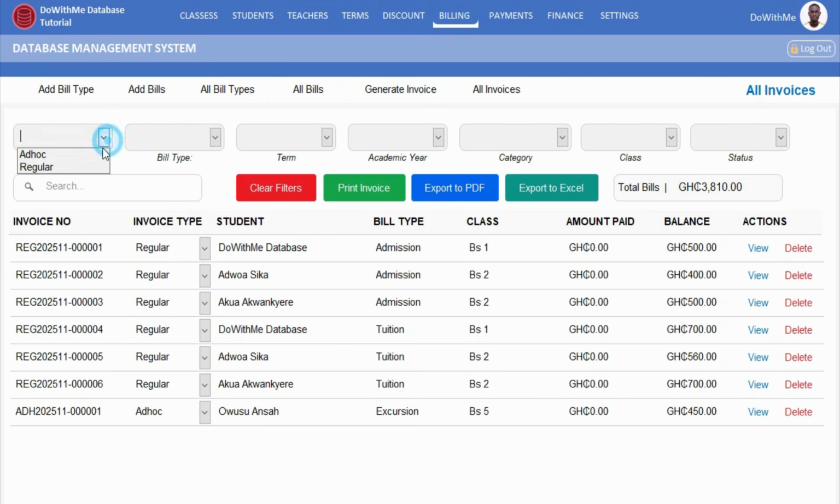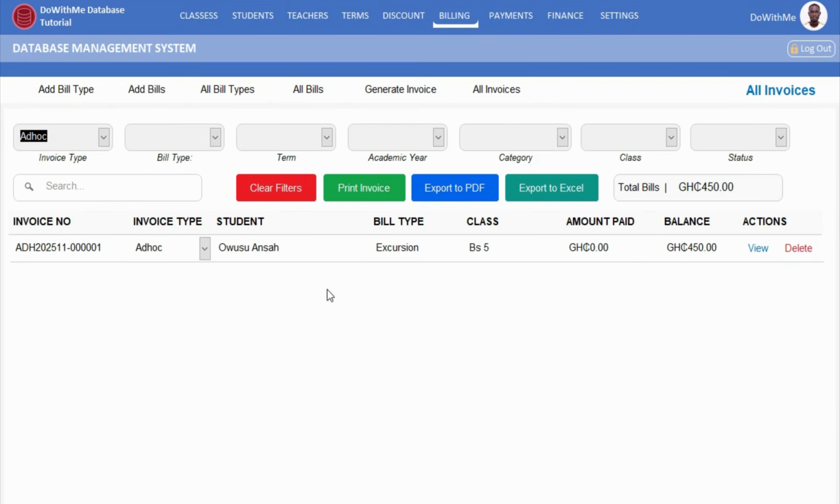When you come to invoice type and we select ad hoc, it's only one student which has an invoice of ad hoc to pay, and that is it for the invoices. Now when we come to the payment,